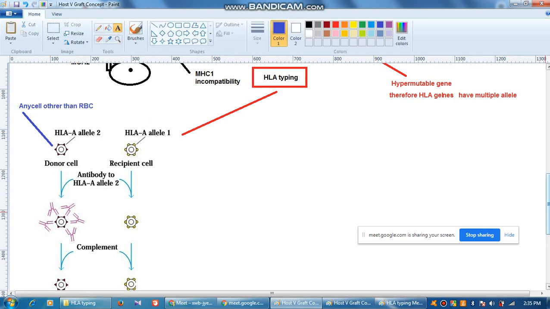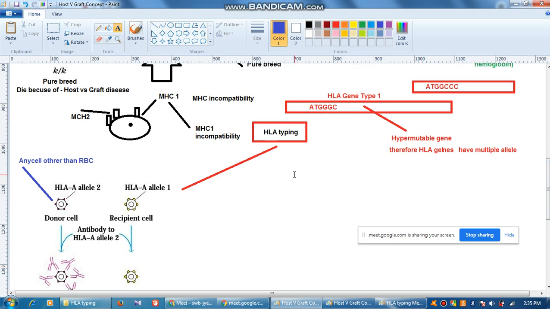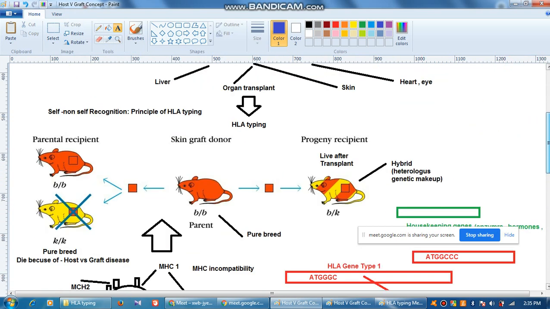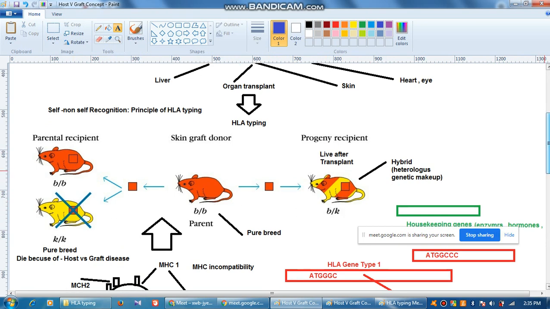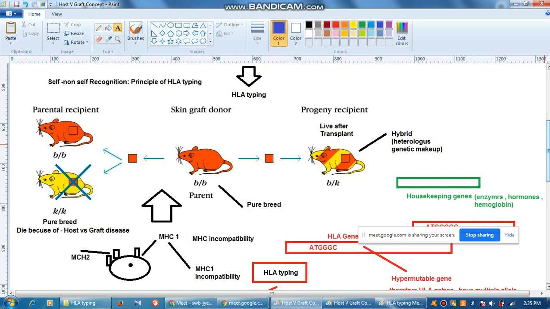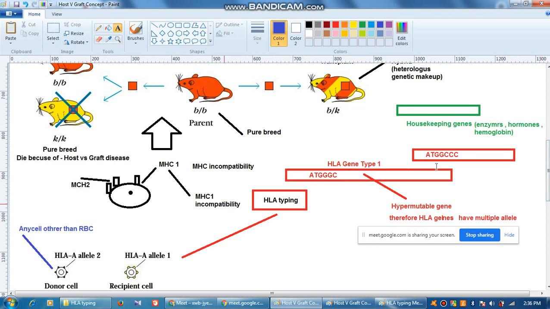So what we are trying to say, please go through once again. We are trying to say that in order to do a successful tissue transplant, the patient should undergo a test which is called HLA testing, okay. Now what is HLA testing? HLA testing is nothing but finding similarity between the HLA alleles, and mostly HLA1, that is the MHC1 allele, because this kind of situation arises due to MHC1 incompatibility, as I have said here, okay.